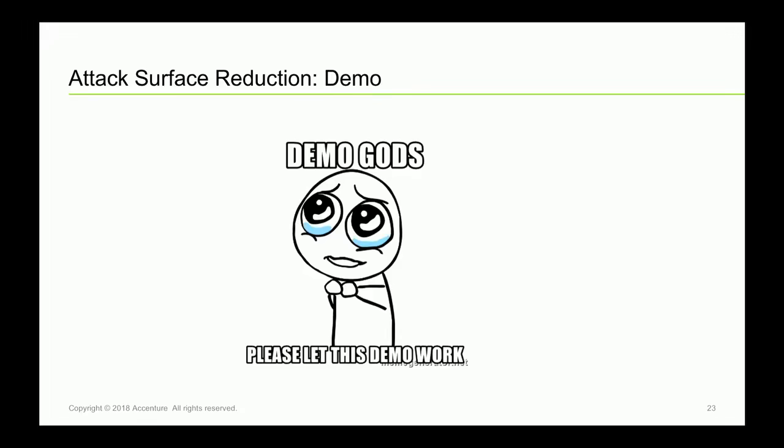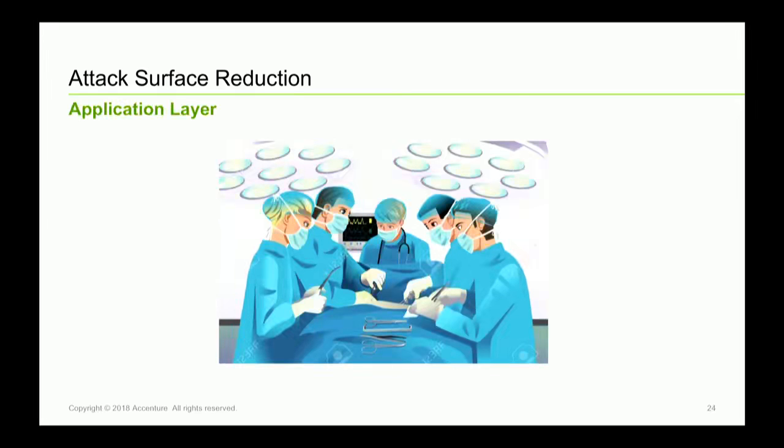But what happens when you actually need to run this application, but the vulnerabilities are still within the application itself? And let's assume you also don't get the source code. So this is the application layer. And I put this little surgeon picture because this is really like surgery, and it's more fine-grained than working with